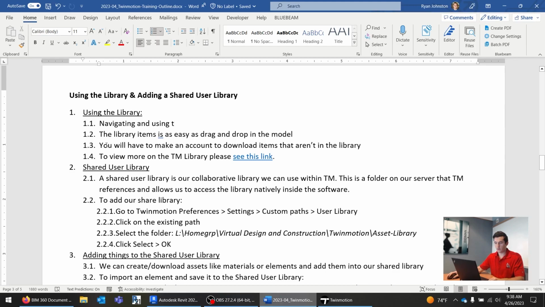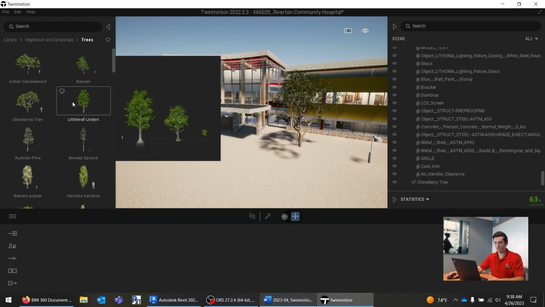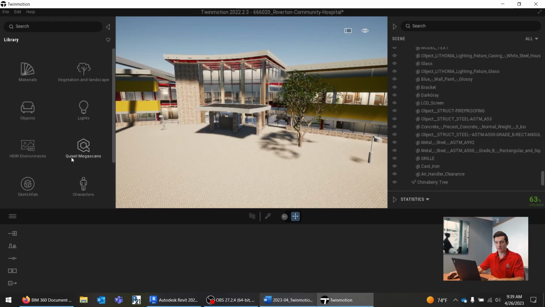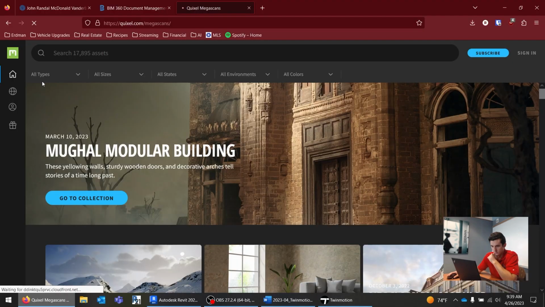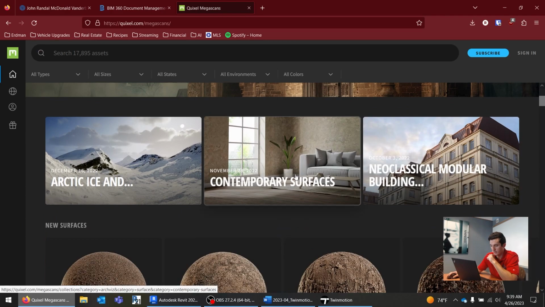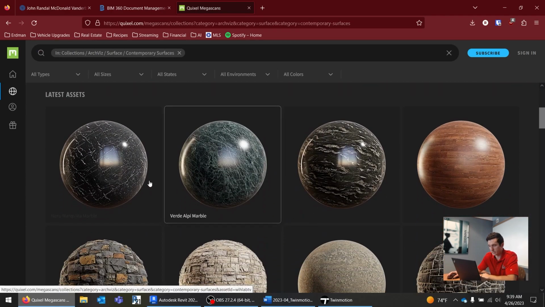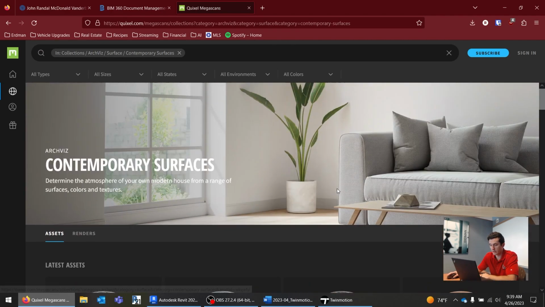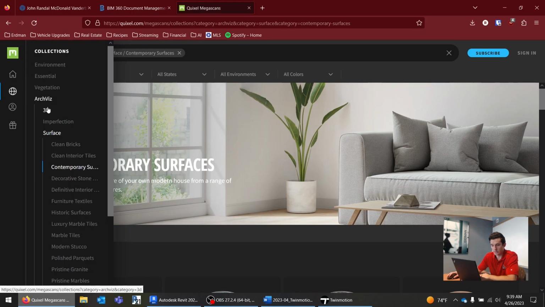Alright, and then you do have to make an account to download items that aren't in the library. That's pretty cool. You can use something like, let's say, Quixel Megascans. Can't even say those words. Quixel Megascans are essentially a 3D repository. So this stuff is paid. Some of it's free, some of it's paid. We can go see things like temporary surfaces. We wanted to see materials. This is where we'll find materials. But we can also go into stuff like,